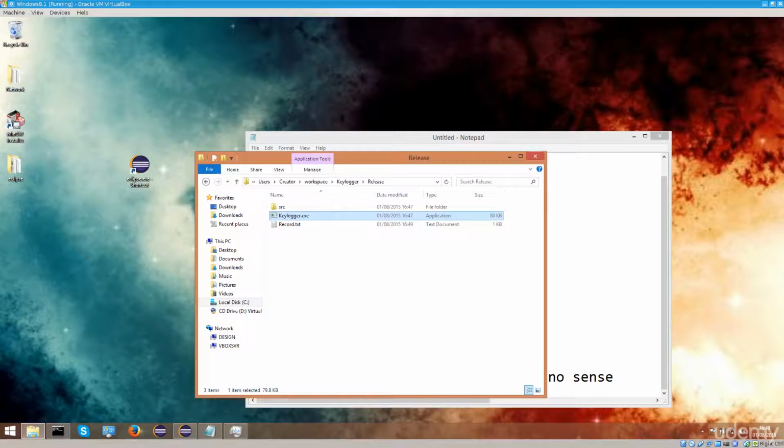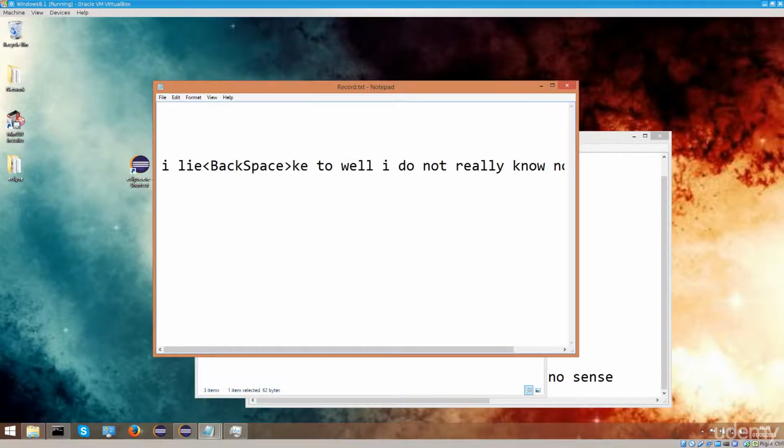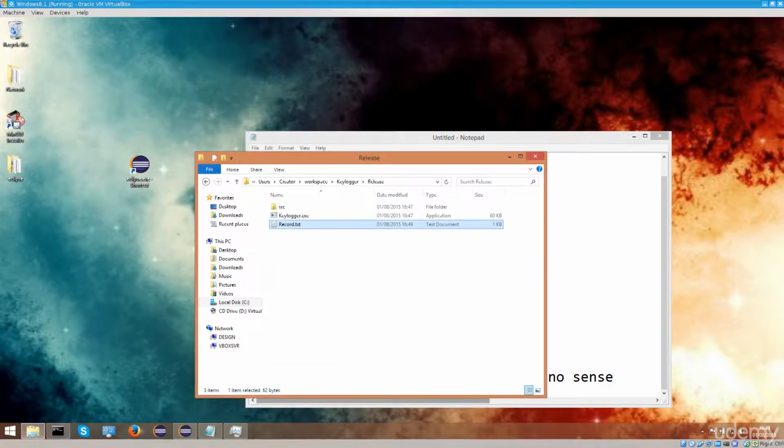Wow, this sentence is amazing. Okay, so I pressed the backspace because I deleted something there, I suppose. Well, I do not really know. No sense. Wow. And you can see that it is recording, and you cannot see it unless you open a